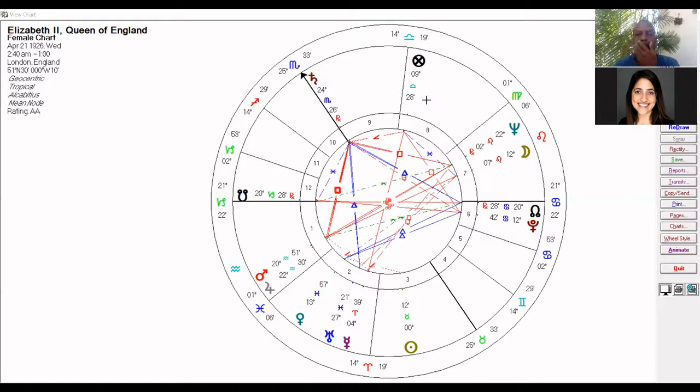Yes, it can. The question was, can a combustion be your closest applying aspect, your signature? Yes, it can. However, if you can find one that is not, I would go for the one after that, because remember, combustion is debilitation. So you kind of want your signature to be able to help you on some level, but it's going to show itself too. You can find the one that's next closest in application, and that's the one that you use for life. We'll get into finding remediation when there are problems, but that's down the road.